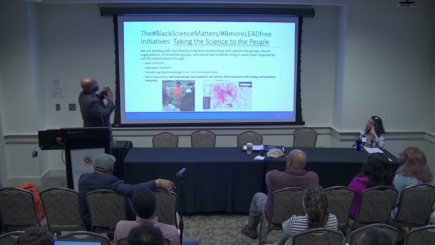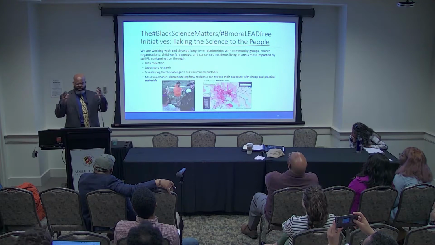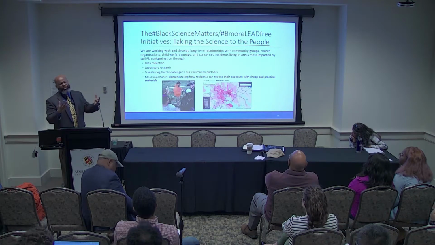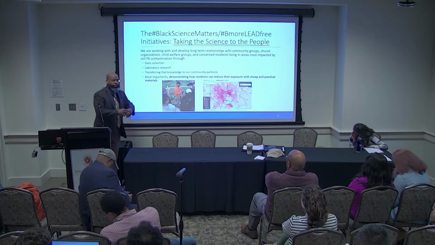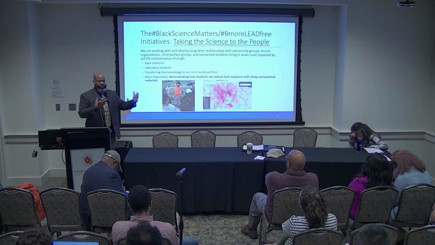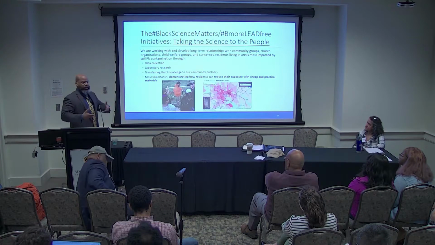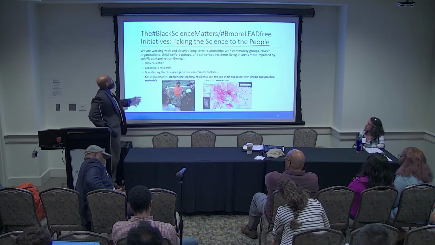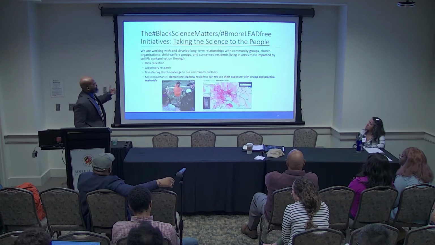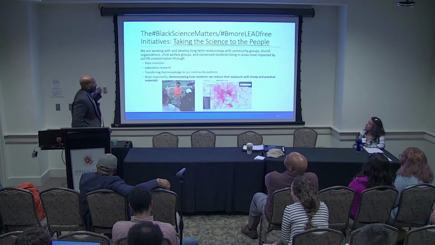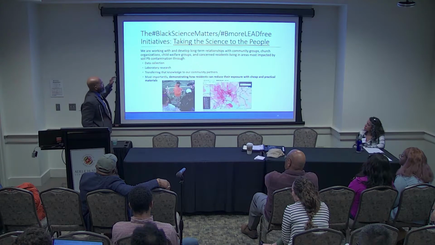Okay, so Black science matters, okay? In a majority African city like Baltimore or DC. Well, DC is not African majority anymore, but you get my point. People who have been marginalized, people who have been made susceptible. You have to develop, like my colleague said, trust relationships. And so in this, we're working with groups and developing long-term relationships with communities, community groups, church organizations, child welfare groups, and concerned citizens and most impacted areas.